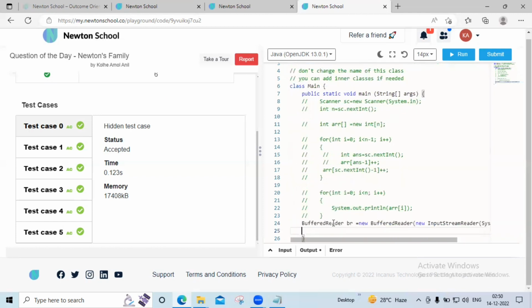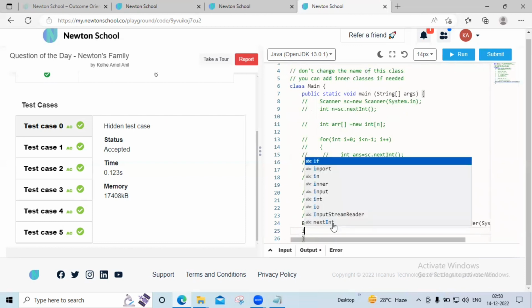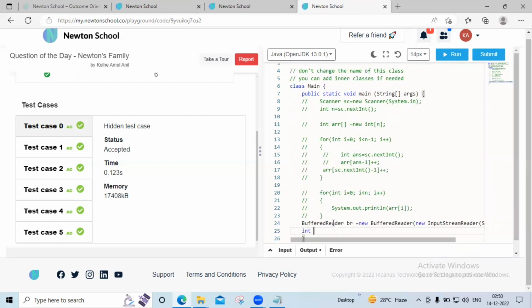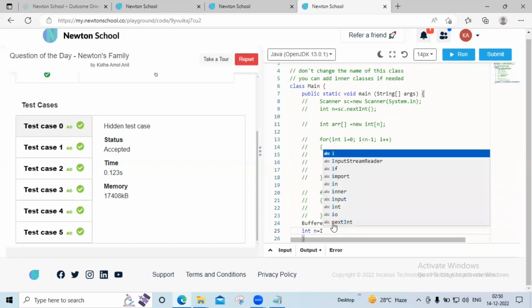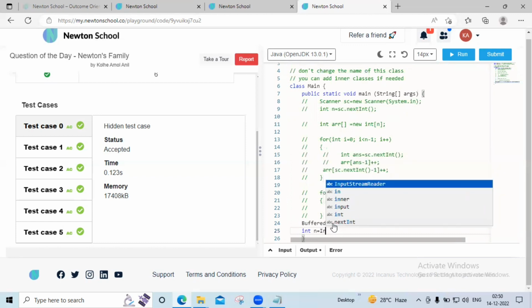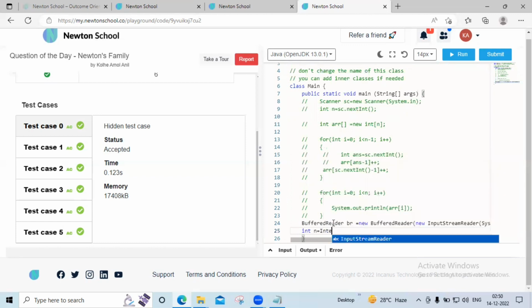ओके, ये बफर रीडर ये क्या हमने अभी एक नंबर हम लेने वाले इनपुट फर्स्ट। सो उसके लिए इंटीजर n इक्वल्स टू Integer.parseInt। ओके, सो उसके लिए लिखेंगे Integer.parseInt।